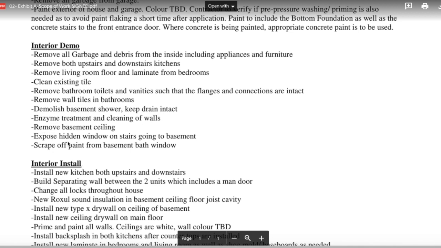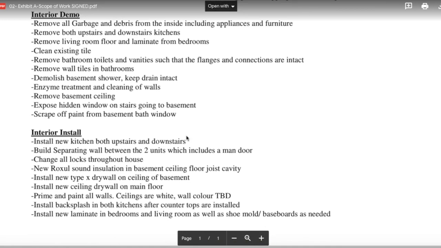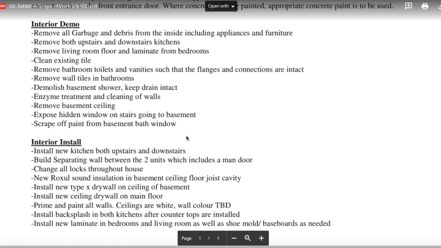Okay, so same thing with the interior: all the demolition of the interior, what our expectations are. Our contractor actually recommended the enzyme treatment, which is really cool. It's a paint that's sprayed onto the actual walls. It's a really, really strong primer, and it's going to seal all of that really bad stink right into the wall. And it's actually super safe,